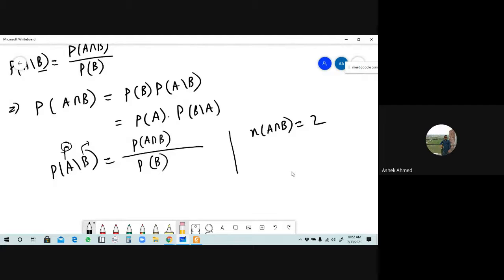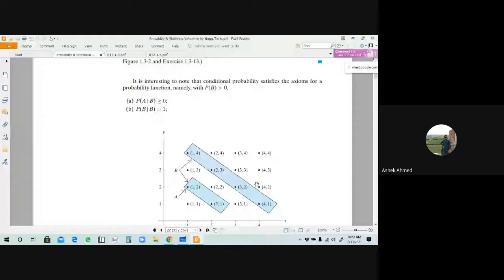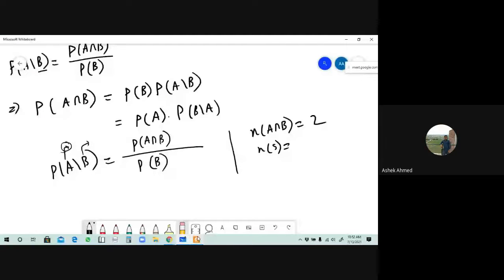Okay, that's why. And here number of S means sample space. How many outcomes are here? Total number of outcomes is 16. Is it right? Response করো, 16. Yes, sir. Okay, so the number of samples here is 16. So অতএব probability of A intersection B